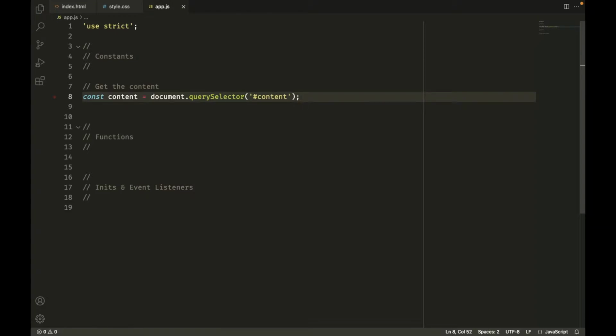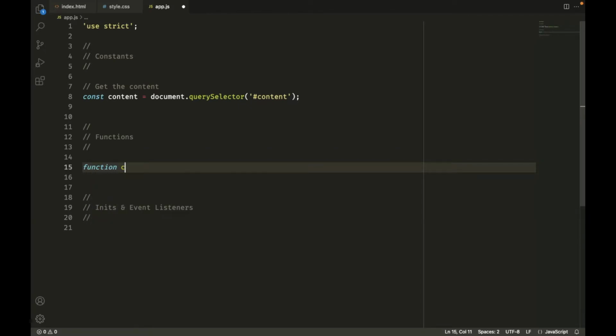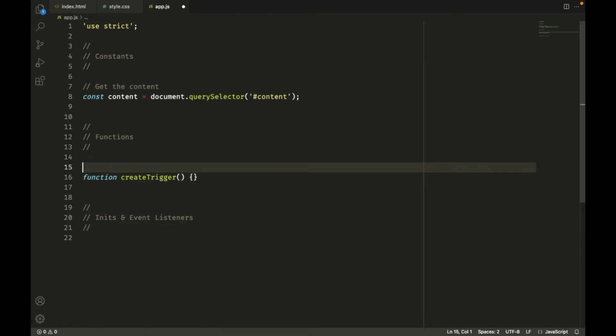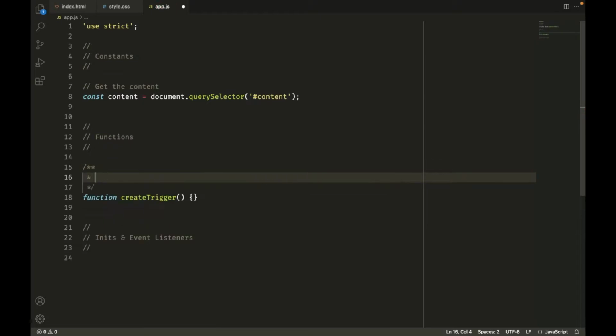Now, because we're using progressive enhancement, we need to actually create the button element. I'm going to create a function for that. So let's go function, I'm going to call it createTrigger. Now I like to document my functions using something called JSDoc. I'll explain it as I'm going along. So the first thing we're going to want is a description of what the function does. So let's just say create the trigger